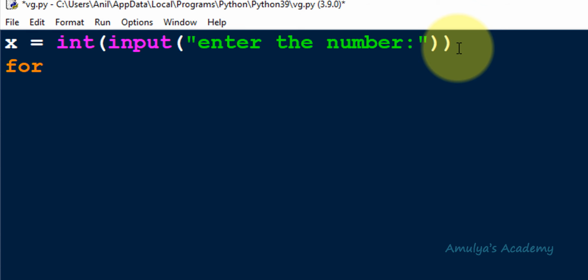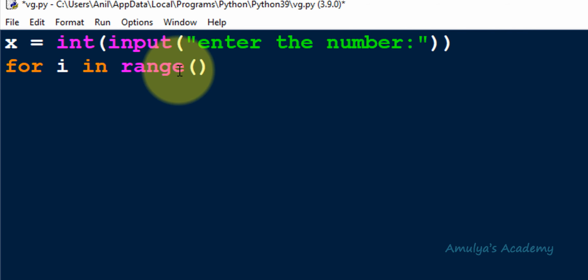So here I'll take a for loop and I'll take a variable, and here I'll run this for loop. Here I need to mention how many times I need to run this for loop. As I said, to search for the factors, we need to search from 1 to the number itself. Here in this example, till x. If I want to find out the factors of 12, I need to start from 1 and I need to search till 12. I know the numbers after 12 won't divide 12 completely. Like 13, 14, 15, 16 won't divide 12 completely. So I need to check for the factors of 12 between 1 and 12.